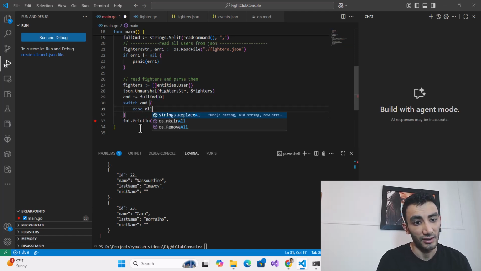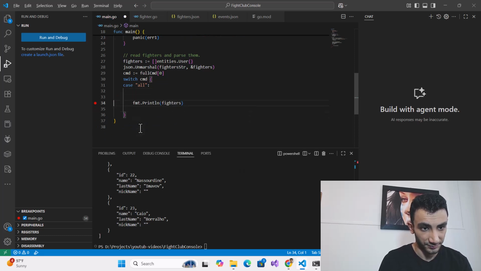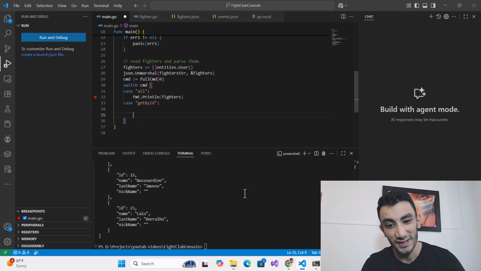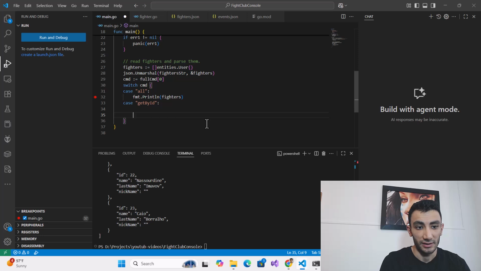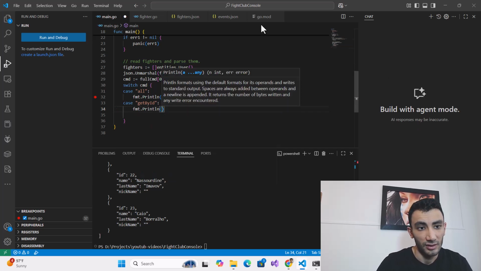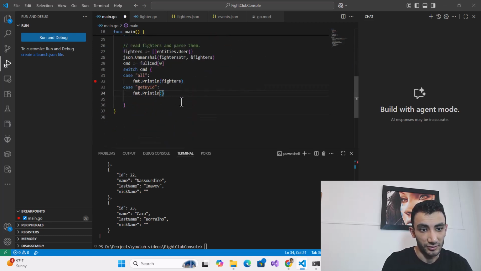We need a switch after cmd. Case all, just print the fighters, and case get by id. We just return the first fighter with that id. I just print first my cmd 0.